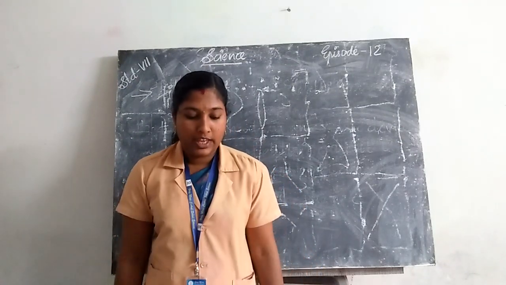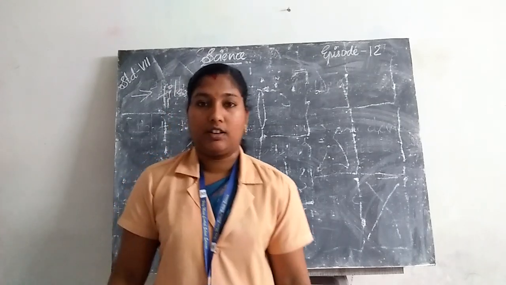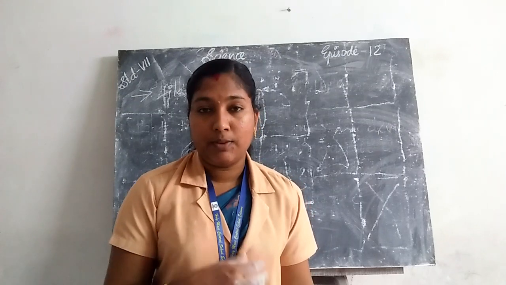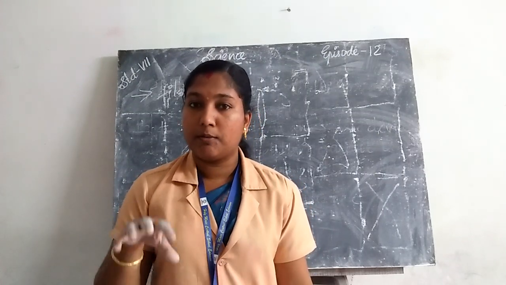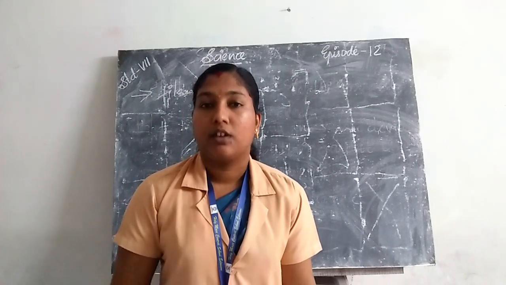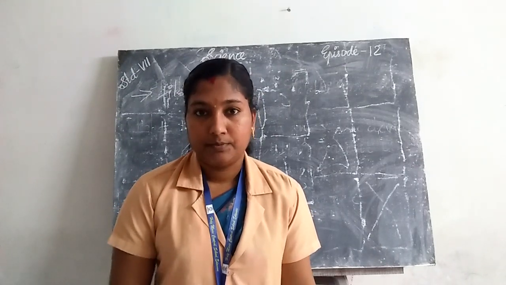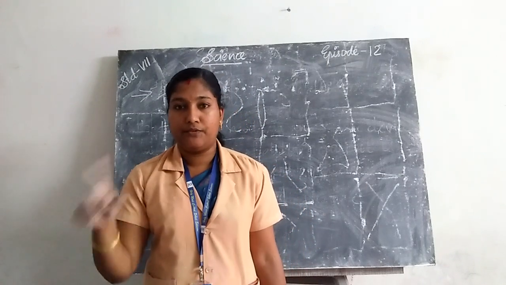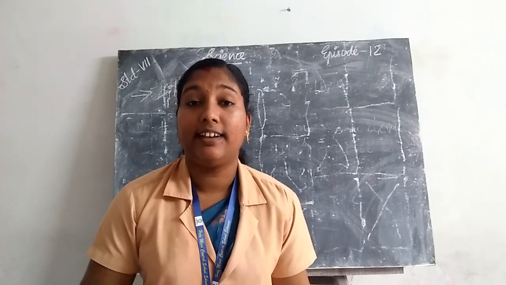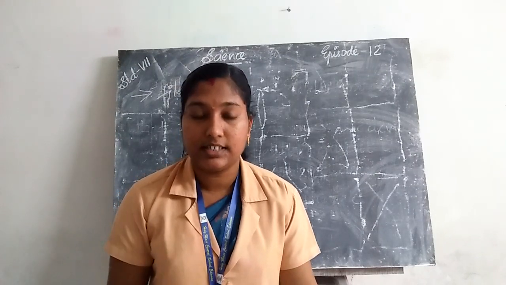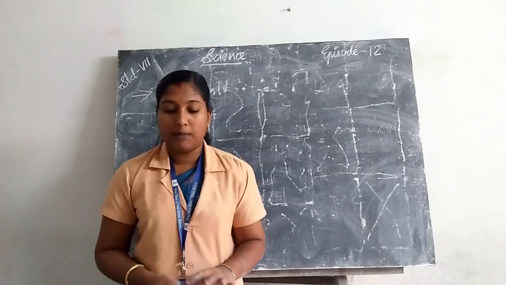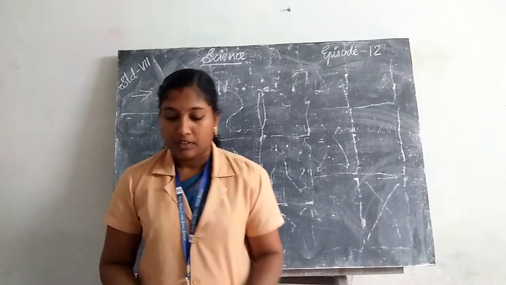If we pass electricity through the bulb socket, the bulb glows. How does it happen? The filament becomes red hot and gives out heat and light. Then the amount of heat produced in a wire